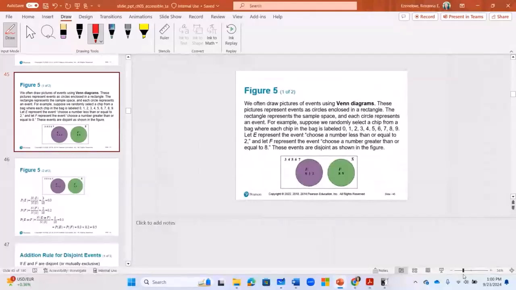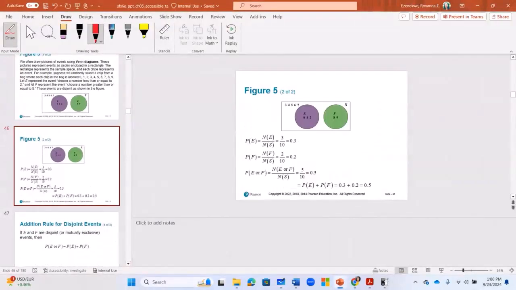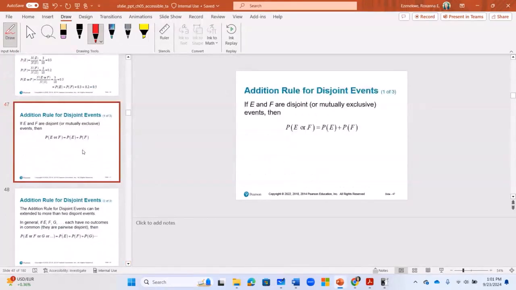So you can see that this is for mutually exclusive events. They don't meet. We haven't done calculation yet. So we're going to do calculation very soon. All right, so this is an example I just gave. An event, or if two events are